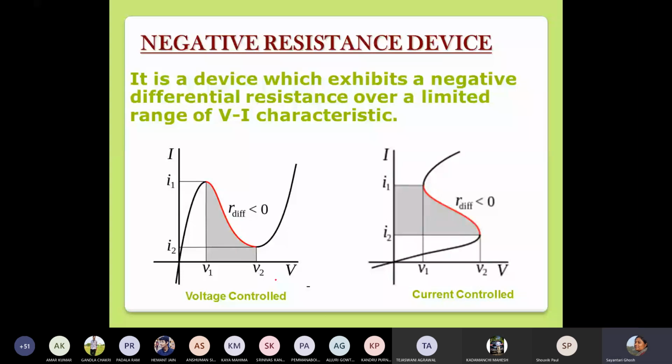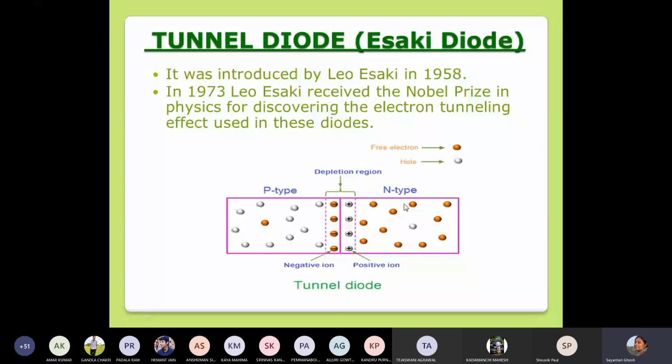Tunnel diode is also called Esaki diode, and it was made around the 1960s. Leo Esaki was just a BTech graduate, working on his PhD project when he discovered this, and he received the Nobel Prize for that in 1973. So this is a path-breaking finding, and the physics inside it is also very, very deep. Let us try to understand how this device works and what the basic difference is between this diode and the usual diodes that we have.